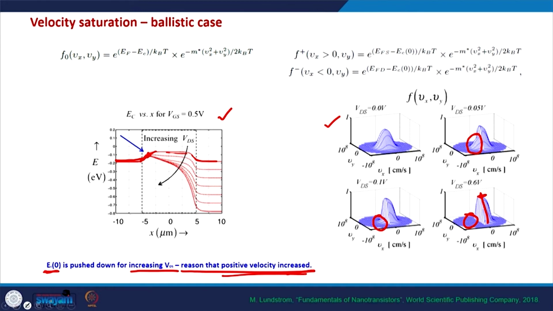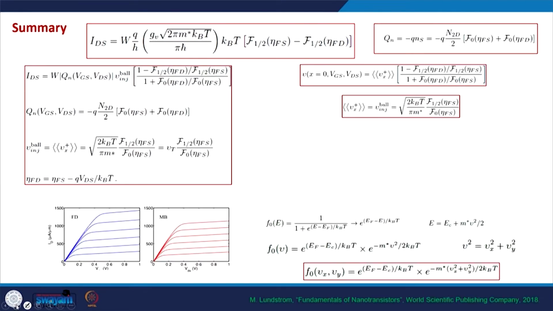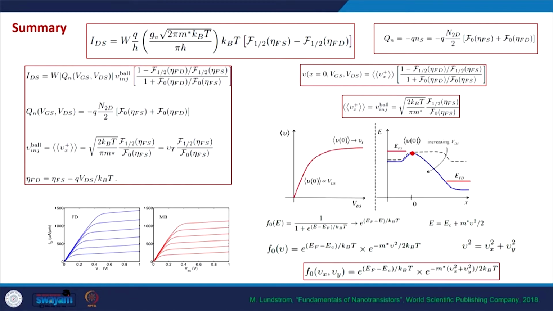So, let us summarize this MOSFET transport theory, especially the ballistic transport theory in MOSFETs. What we have seen is that generally the current in a 2D MOSFET is given by this, and this comes from the number of modes. These Fermi-Dirac integrals are a direct consequence of the source and drain Fermi functions. In steady state, the charge is given by this expression, and the current is given by this expression. From these two expressions, we can also represent this current in this form, which is pretty much similar to